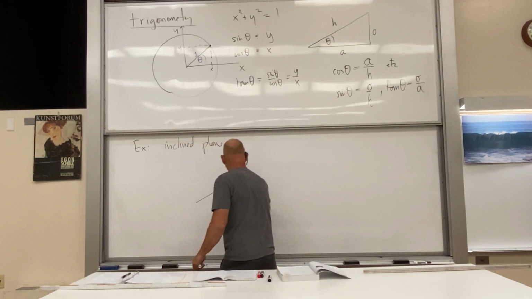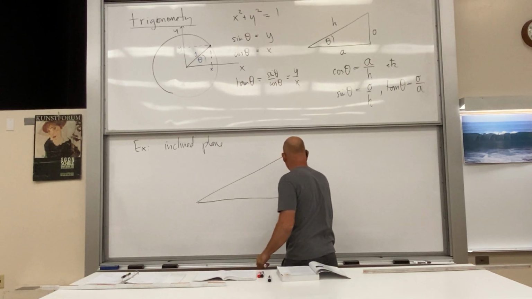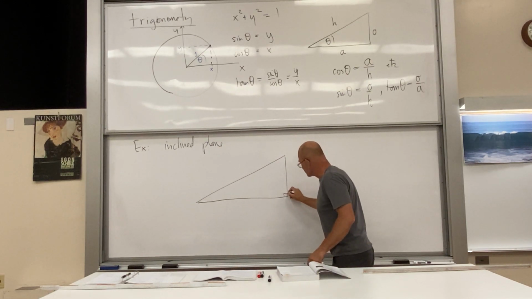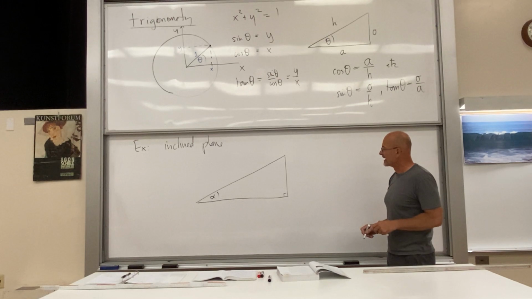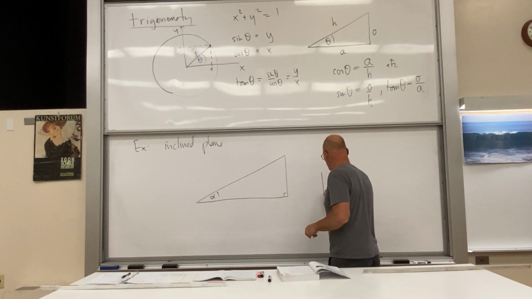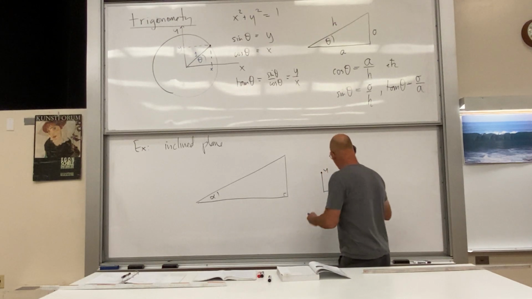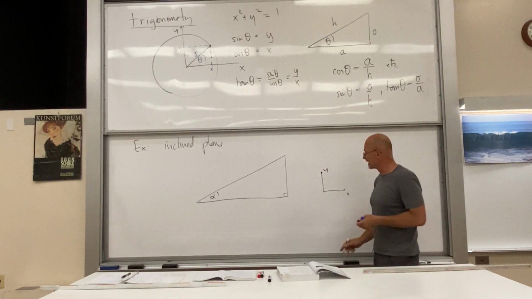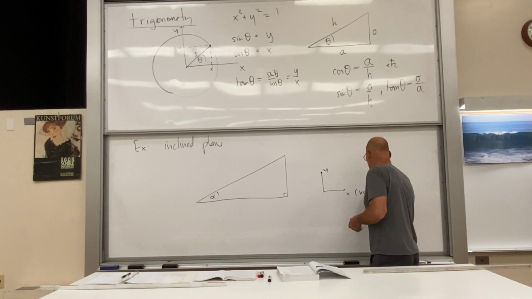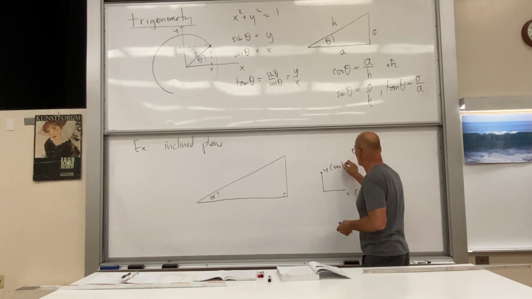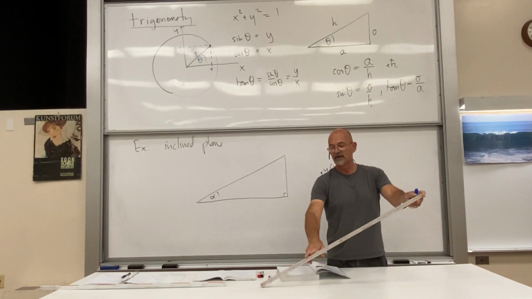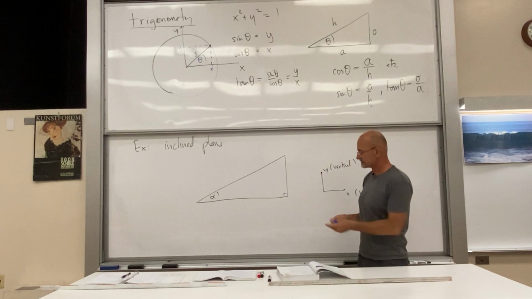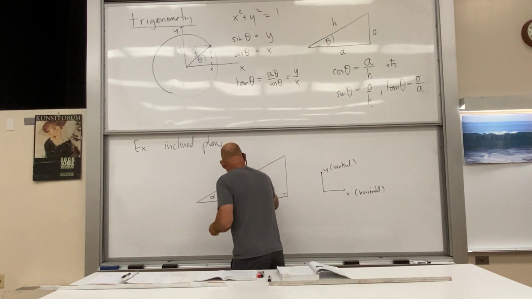Now, I'll draw a large triangle here so we have something to work with and label. So this is a right triangle. Let's put an angle alpha down here. And this is the horizontal, so x and y, x is horizontal, y is vertical. Horizontal and vertical. And I could set up an inclined board here on my tabletop, for instance. Now, what we're going to do is place a little object here